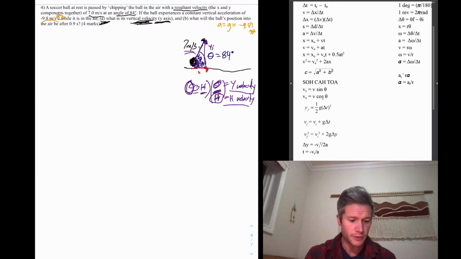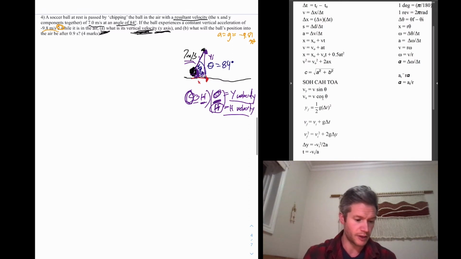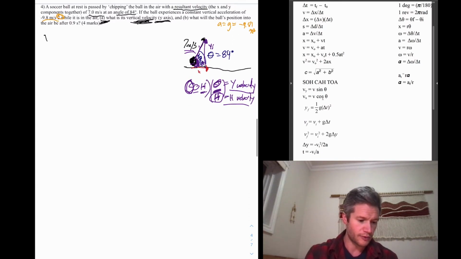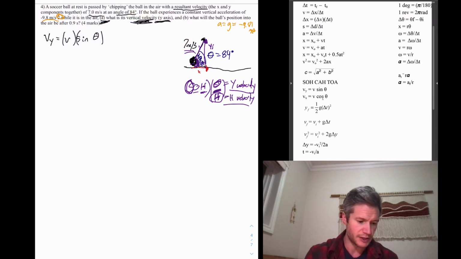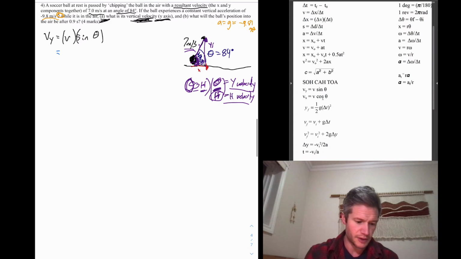So from here we go, our velocity of y, so we're looking for the vertical, is equal to v, let's write it all out, sine theta, and again you can draw that in just to make sure you calculate well. So giving us some actual numbers here, that equals our initial velocity, which is 7, times sine